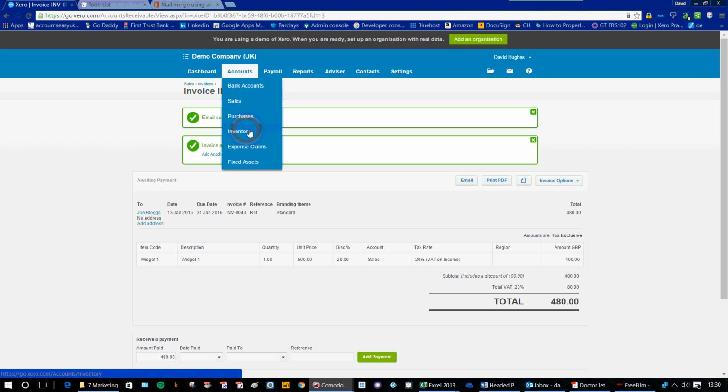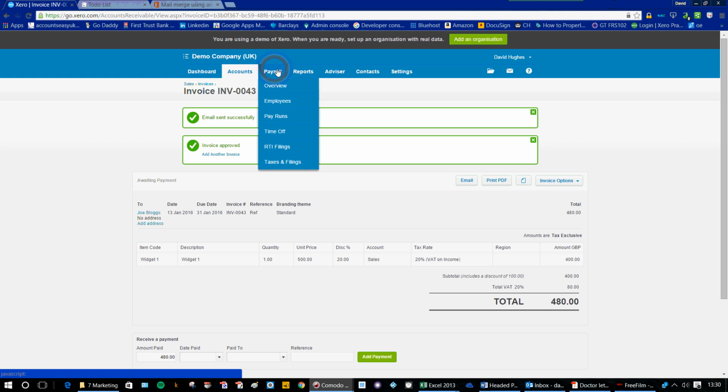Whenever you set up an item, you specify whether you want to track it or not for inventory. It allows you to have expense claims for employees, and it has a fixed asset module as well, its own payroll module,